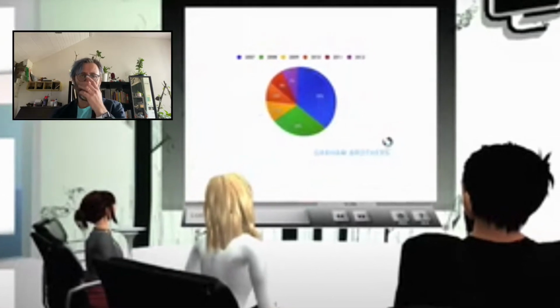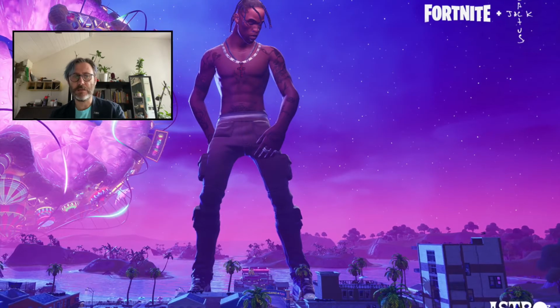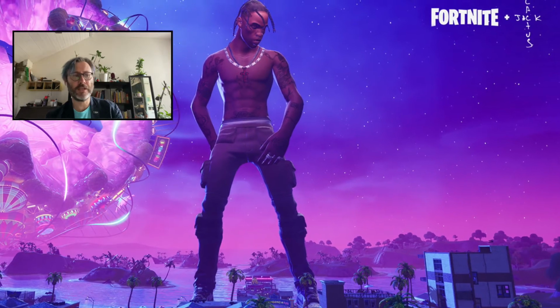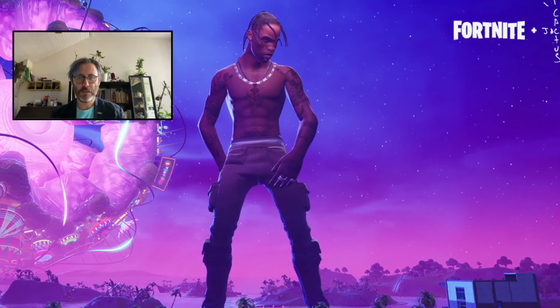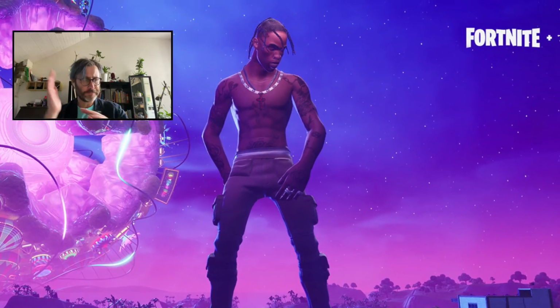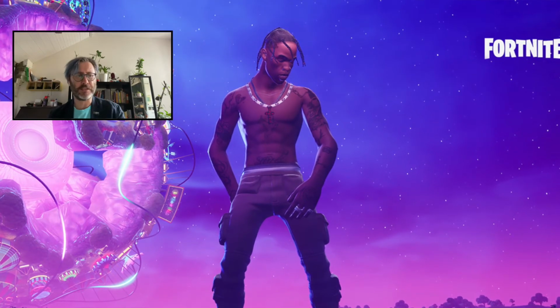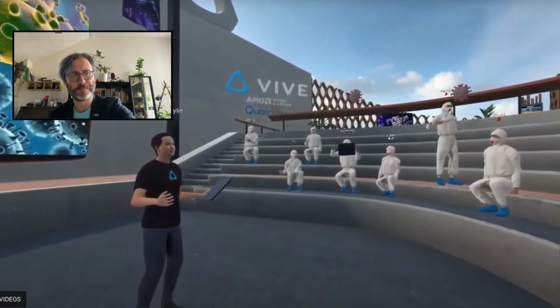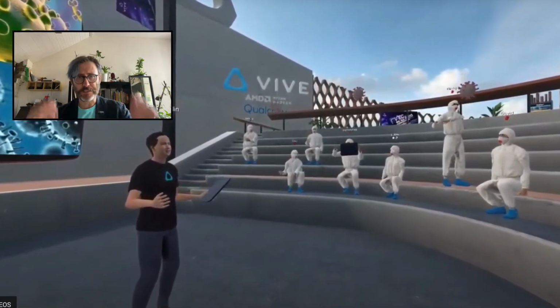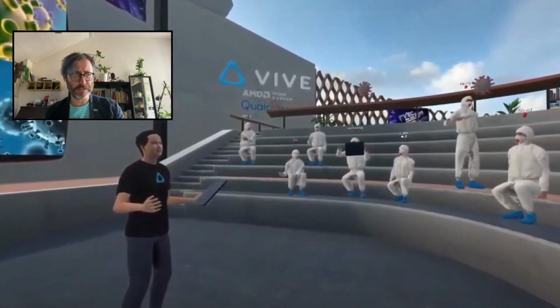Now, one area where virtual worlds are quite successful is entertainment. Here's a virtual Travis Scott in Fortnite giving a concert that drew 12.3 million simultaneous participants, sharded 100 people to a world. And then it's been somewhat less effective for events like the one we're having today. Here's the HTC Vive Ecosystem Conference. They dress the participants up in surprise hazmat suits and poke coronaviruses at them.